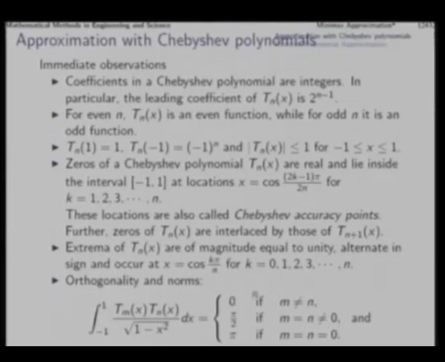So, this is the statement on orthogonality, and the definition of norms will come when we put m equal to n. For m equal to n which is not 0, we get pi by 2, and for m equal to n which is 0, we get pi. This is similar to what we found in the case of the Fourier coefficients. Now, with these properties,